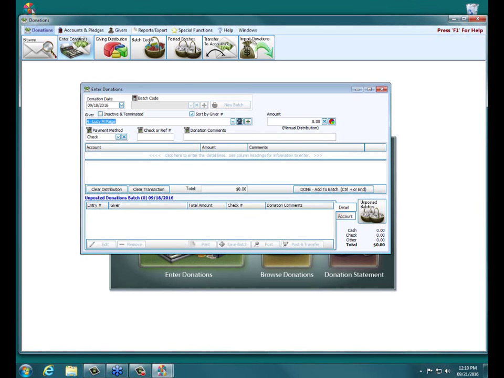You also have this little green plus sign. This little green plus sign is going to be super helpful if you have to add a new person. So say you go to type someone's name in and they don't come up, meaning they aren't entered into the program, and you need to put them in to get their donation entered. You're going to hit this little green plus sign,